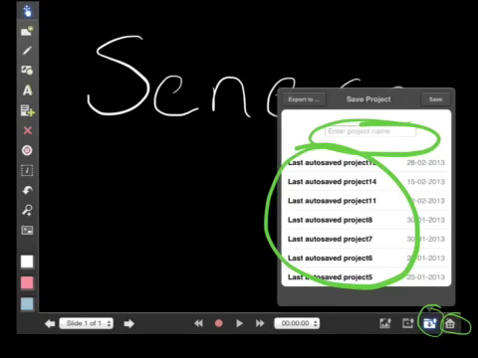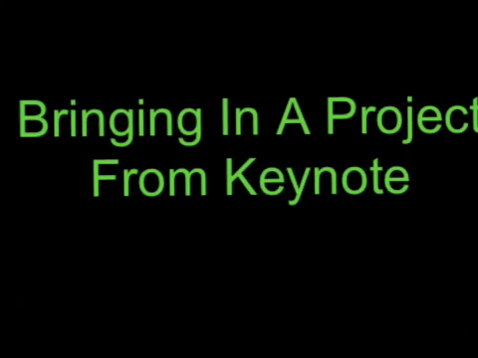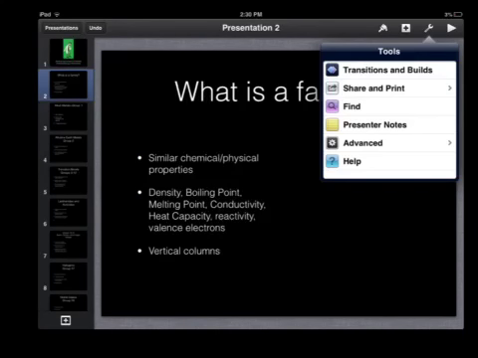I'll show you real quick how to bring in a project from Keynote. Let's say you did a Keynote and you just want to bring it in and then work with it through the Explain Everything app. That's really useful too, to bring in one of those and then walk through your PowerPoint just like you would on the board. But then you can add in video and things like that into your Keynote, which is pretty cool too. So to bring in a Keynote, you'll hit the wrench button up here on your Keynote,